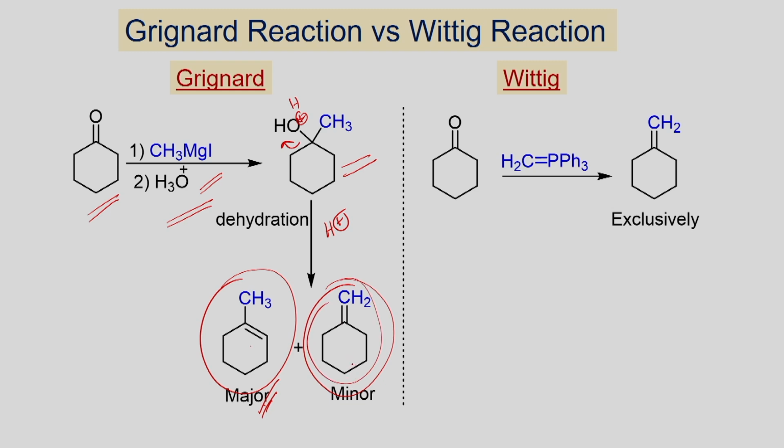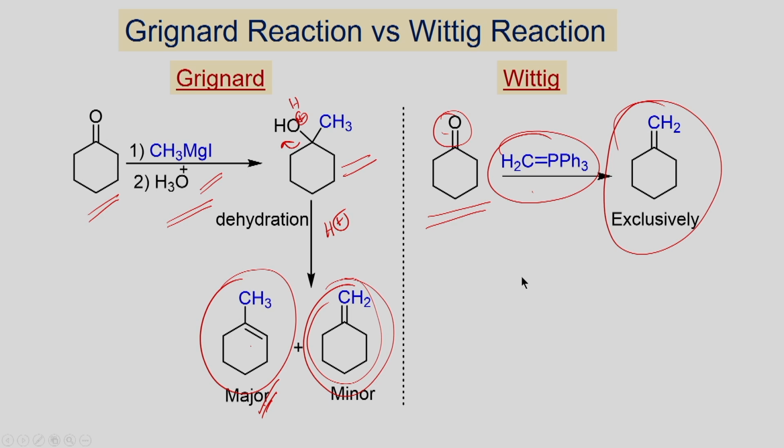it forms only in trace amount. On the other hand, if you do the reaction with the Wittig reagent, you have this ylide, you can react it with this ketone, and you can exclusively form the exocyclic alkene as the product. This is the speciality of the Wittig reaction. And if you want to make alkene without rearrangement, you can take the ketone or aldehyde, react with ylide, and you will be able to form this alkene. On the other hand, if you want to make alkene using the traditional method, Grignard reagent addition followed by dehydration, you get the internal alkene as the product.